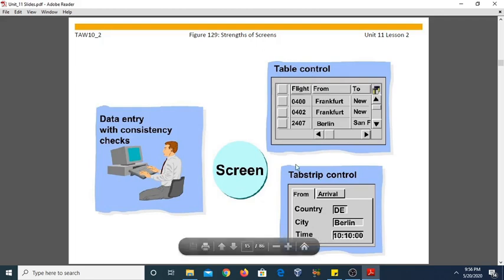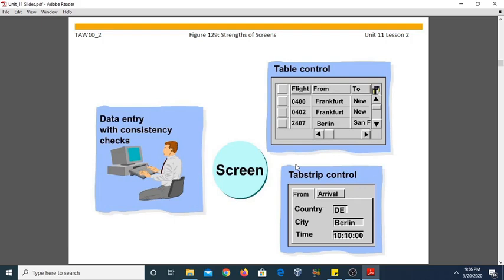The screen also allows you to create user-friendly dialogues. That means the programmer may design a screen so that the user can easily interact with the data. The programmer can create user-friendly dialogue with the help of elements like push buttons, tab strip controls, table controls, and other graphical elements.